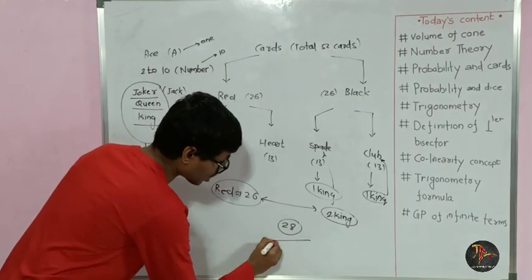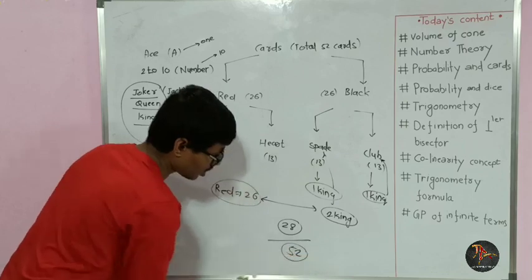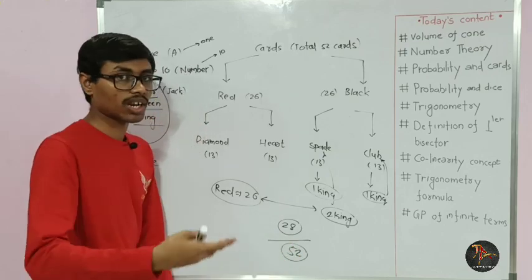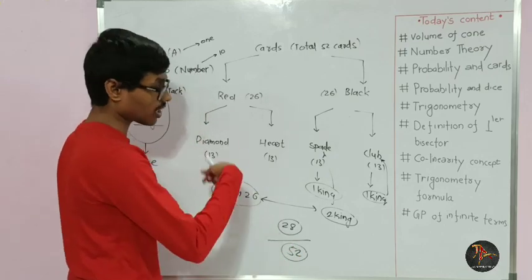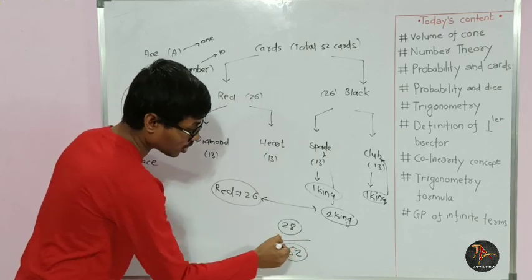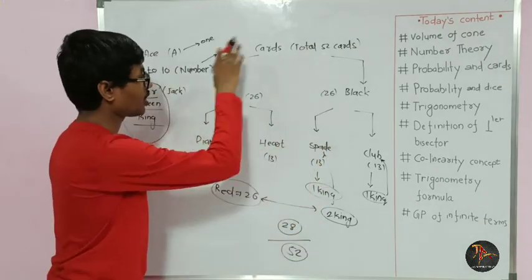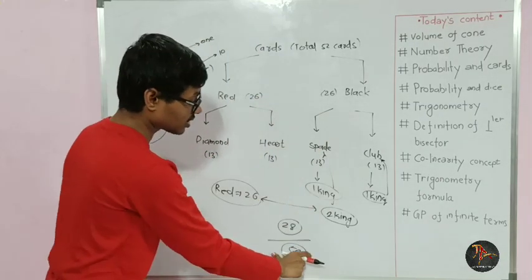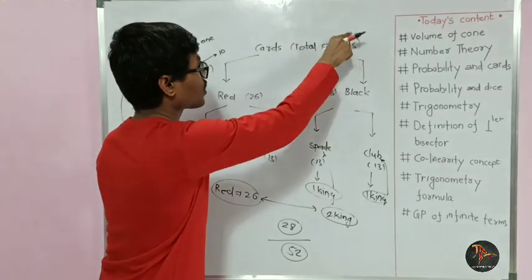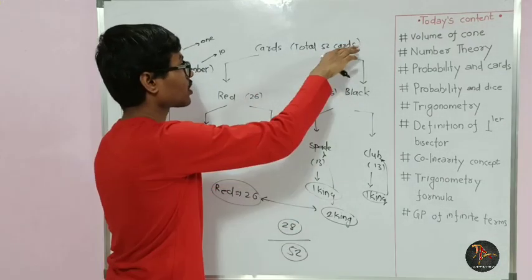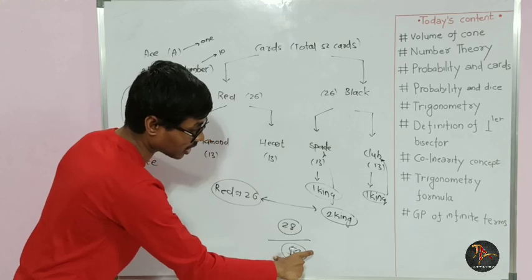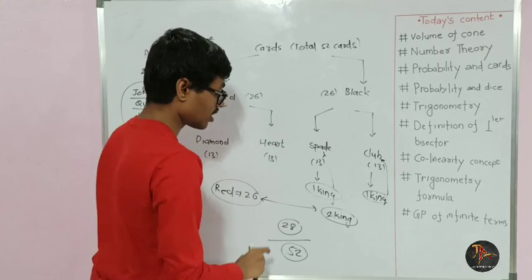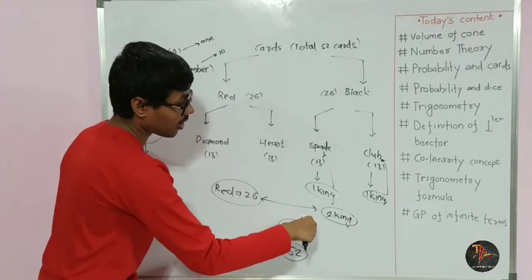Now there are total 52 cards. Out of 52 we have to select 1 card and out of 28 we have to select 1 card. In set of 52 cards we can select 1 card in 52 ways, मतलब 52 कार्ड्स हैं. एक कार्ड सेलेक्ट करने के लिए टोटल वेज कितने हैं? 52. मगर हमें क्या चाहिए? आइदर रेड चाहिए और 2 किंग चाहिए. तो आइदर रेड कितने हैं? 26 और किंग कितने हैं?